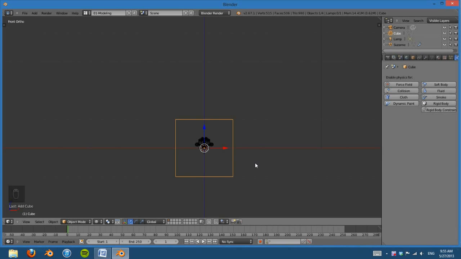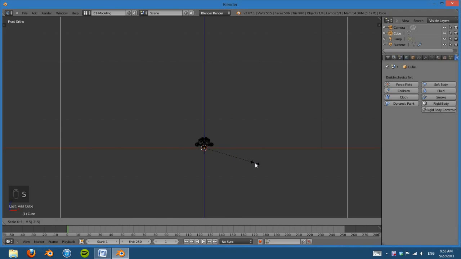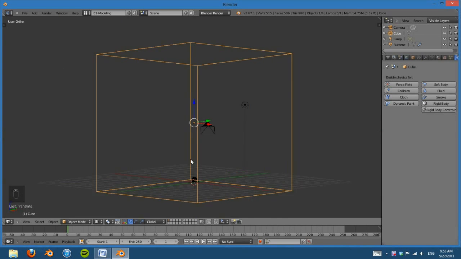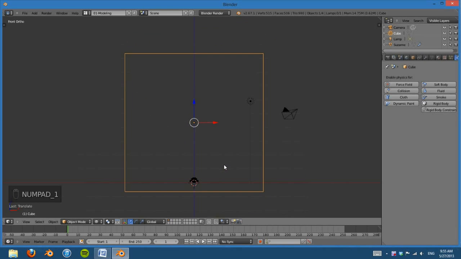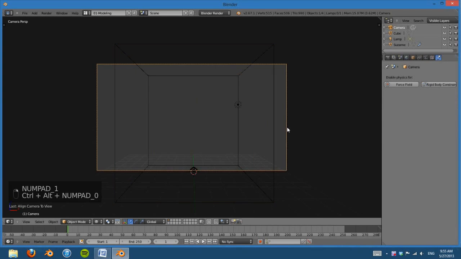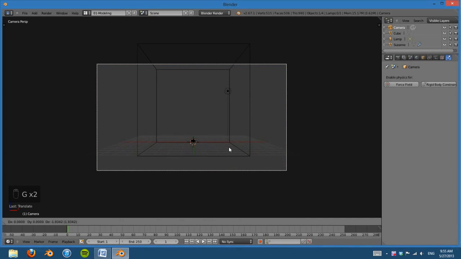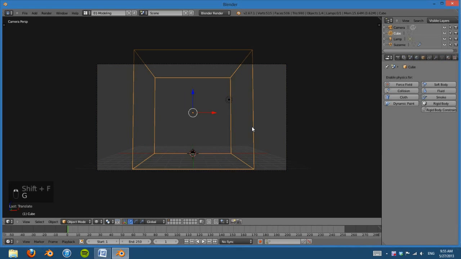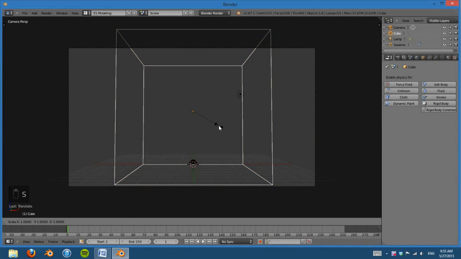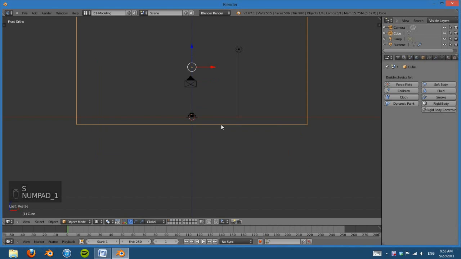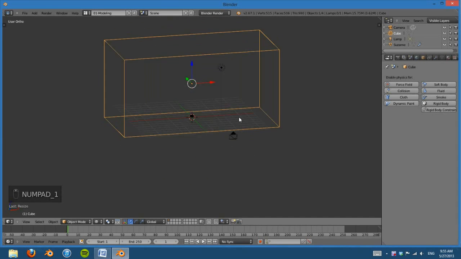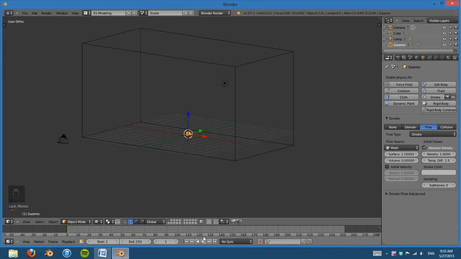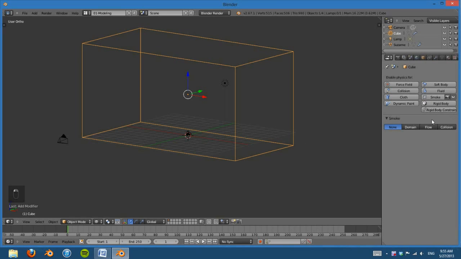So I'm going to take this cube here, this is going to be our domain, and I'm going to scale it up about 5 times. We can use adaptive domain, so it doesn't matter exactly how big it is. So that looks very, very large. And if I have my camera, say, about something like that, this is going to need to be a little bit wider, so I'm going to scale it on the X 2 times. And there we have our domain. It looks very, very big, but baking shouldn't take quite as long thanks to the adaptive domain. So now if I make this a domain,